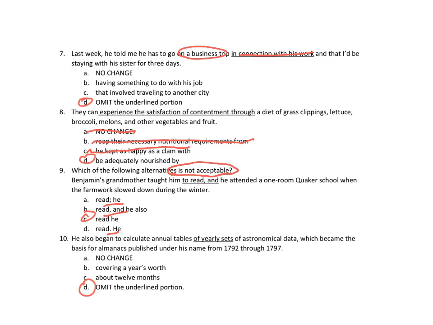And then the last one, I'm looking at the choices, omits there, so I'm going up. Calculate annual tables, yearly, same thing as annual, omit, and move on. Okay. These questions were actually, I think this one was 3 or 4 years ago. This was the actual passage on the English ACT. There were 3 omit questions. It was the correct answer every time, wasn't it? So keep in mind that if you look for omit first, check it out and go from there.